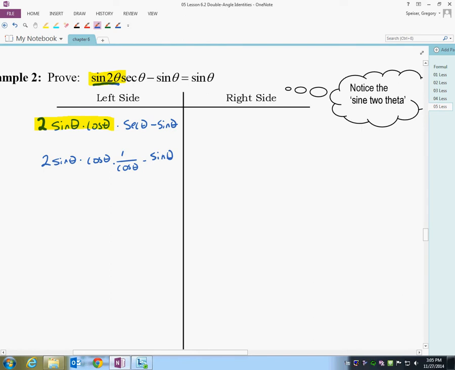Okay, so now I have 2 terms here. My first term is this one. In that term, you can think of this whole piece as the numerator and this as the denominator. So 2 times the sine of theta times the cos of theta times 1, so really we don't have to worry about that one. We have a cos in the numerator and the denominator, so I can cancel that out. So in my next line, from this term on the left, I will have 2 times the sine theta